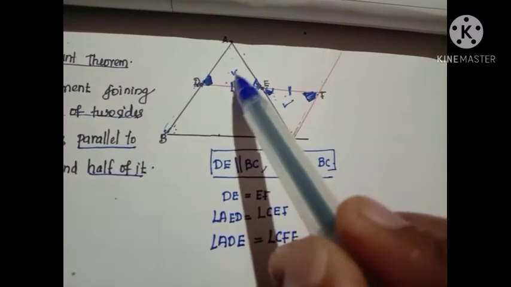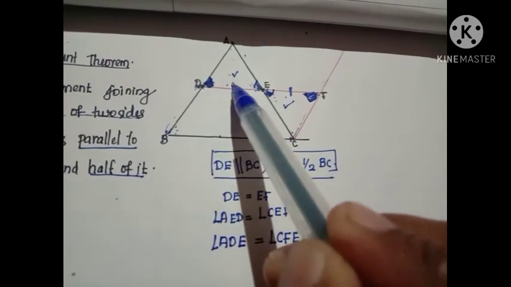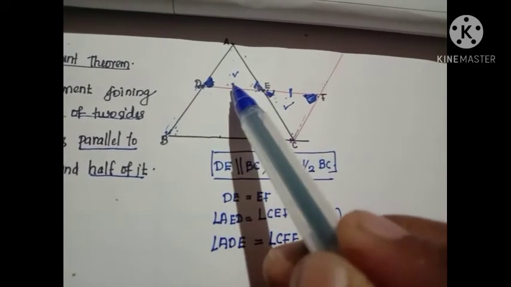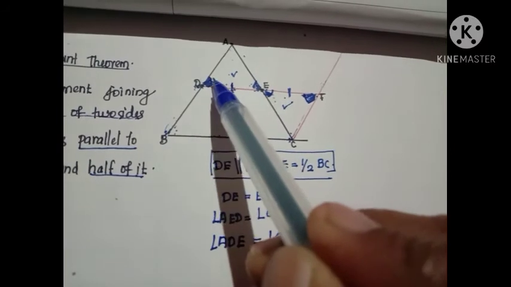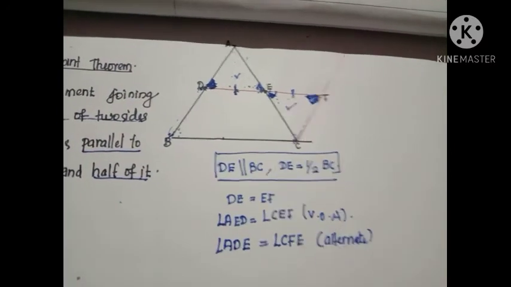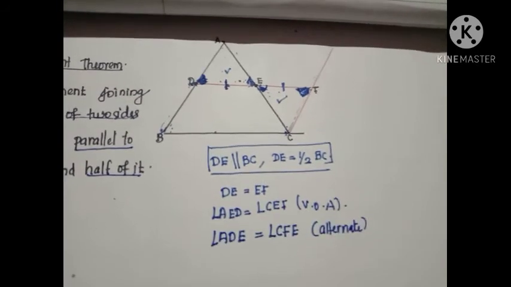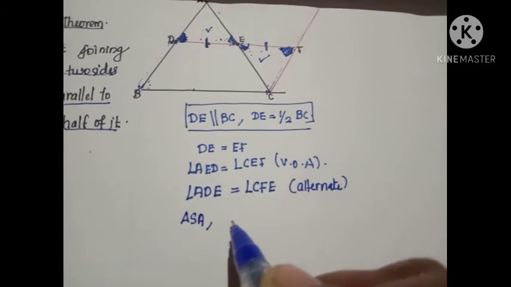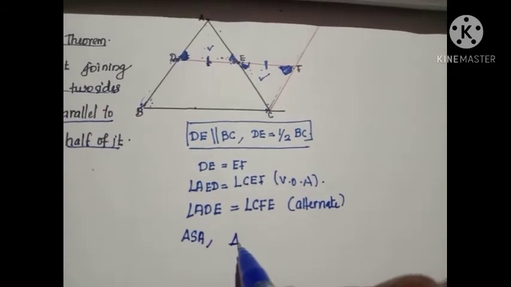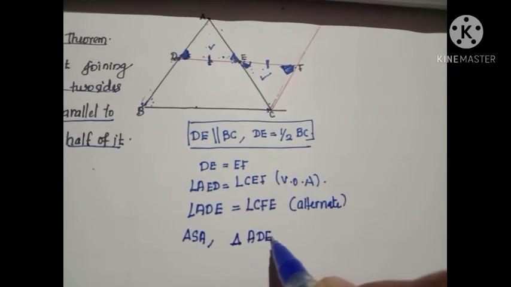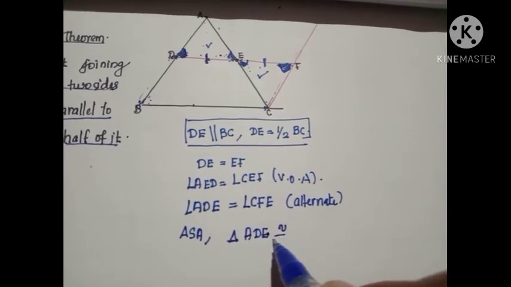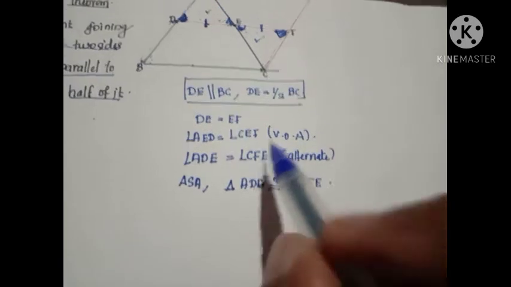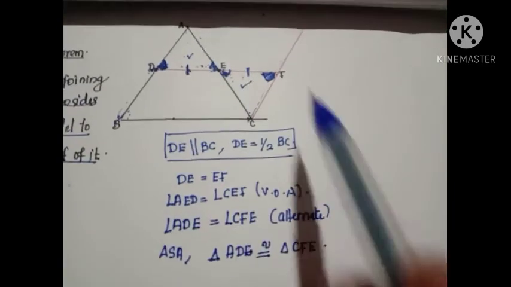So we have in this triangle two angles and a side, and this side lies between these two angles and therefore this side is an included side. So two angles and included side. What is the congruence relation? Yes, it is ASA. So by the ASA congruence rule, we can say that triangle ADE is congruent to triangle CFE. Okay, these two triangles are congruent to each other.